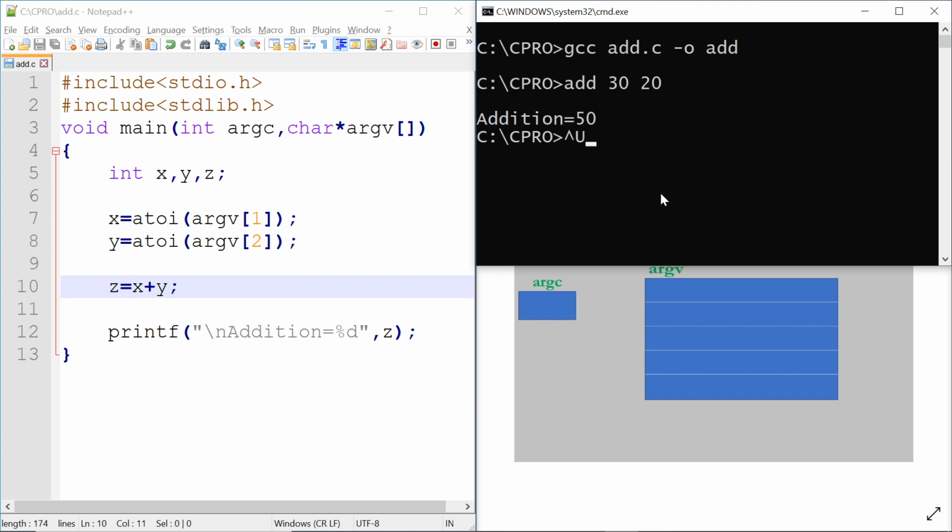So here you can see addition is printed, addition is equals to 50. Let me explain the execution of the program in detail. When we called for execution like this, add 30, 20, the argument count becomes 3. An array of 3 strings will be created. The first string will be the file name itself, the second string is 30, and the third